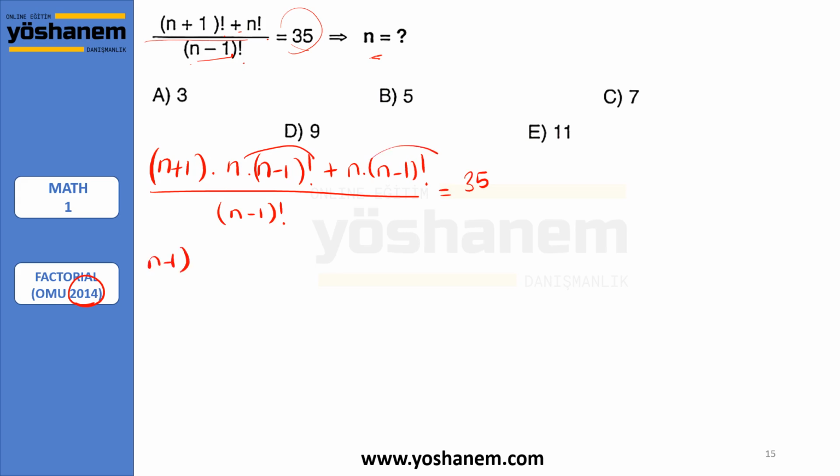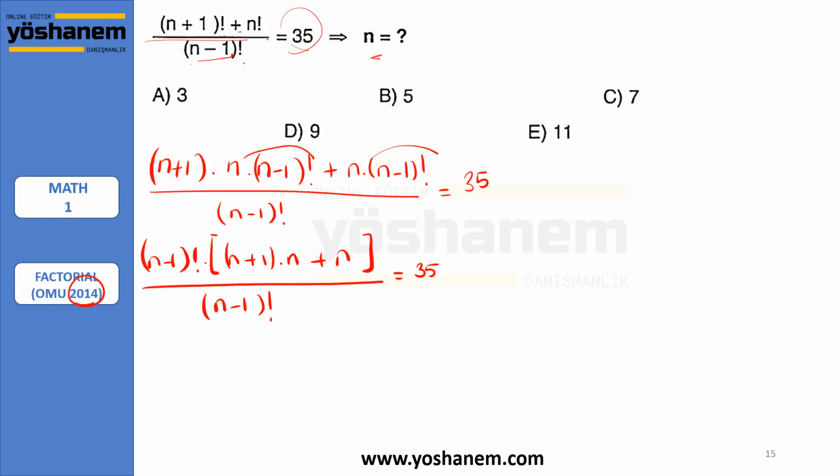I'll have n plus 1 times n, and here I'll have n, over n minus 1 factorial equals 35. Let's cancel n minus 1 factorial, and n plus 1 times n plus n is left